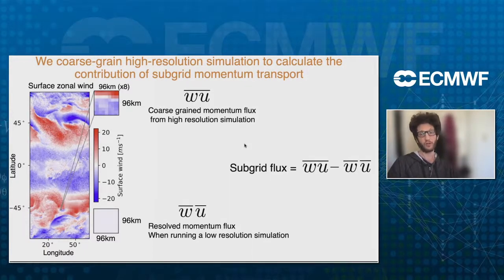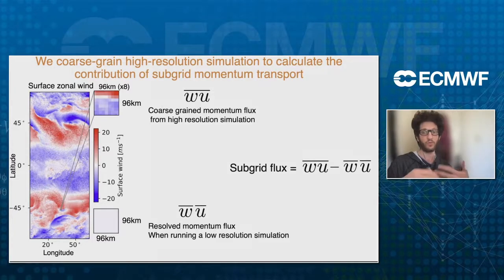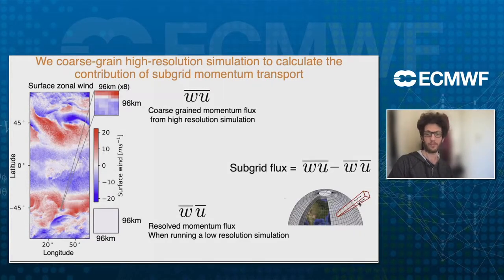And I'm insisting on calling it flux because when we are modeling fluxes and not tendencies, for example, we are guaranteeing that we conserve momentum, because we don't add momentum to any grid box. We just move momentum from one grid box to another. And I should mention how we do it: we look at a single atmospheric column. This is a very typical approach in atmospheric dynamics. So our parameterization will be, at first, single column.